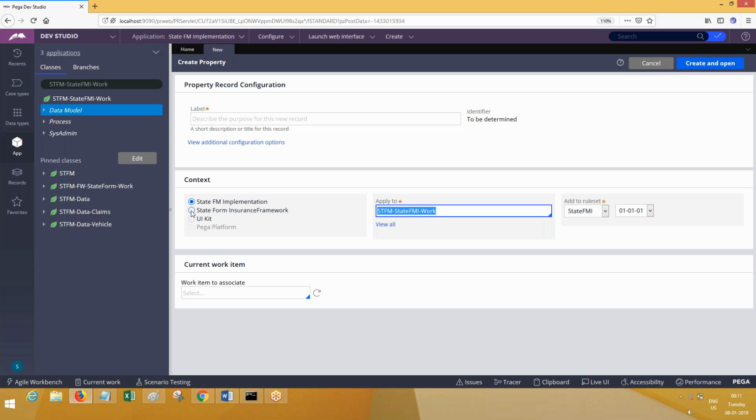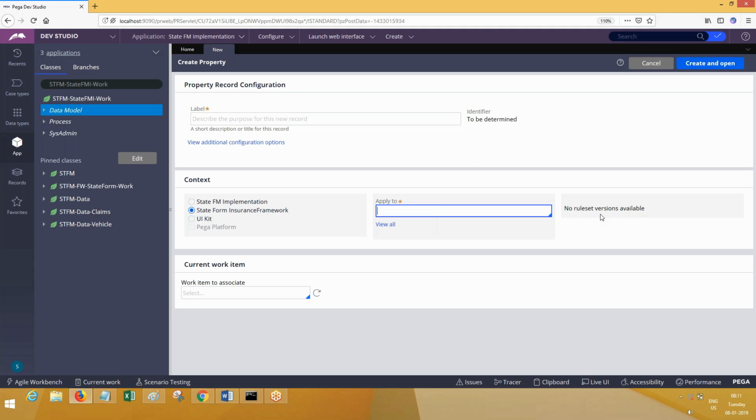You are creating in implementation classes. Look here: if I am choosing the framework context and I choose an implementation class, am I getting the rule sets? Why? Because this class is not visible to the framework. The framework application cannot see implementation classes, and the rule sets are also not mentioned there. I will talk about rule sets sometime later. Just for your information, what I mean to say ultimately is that you cannot create like this. It is not possible to proceed without the last option. So you cannot create like this.